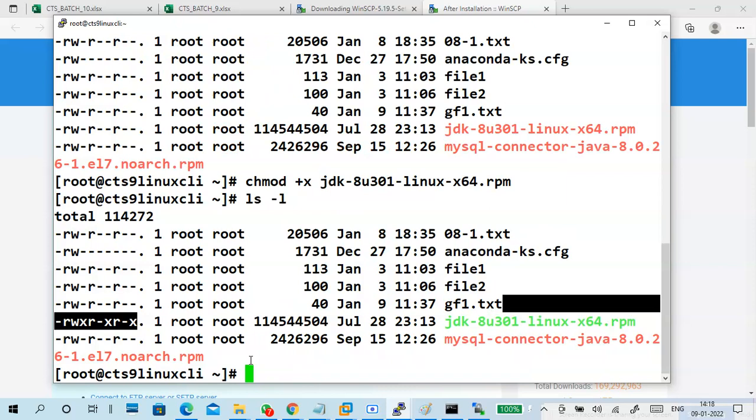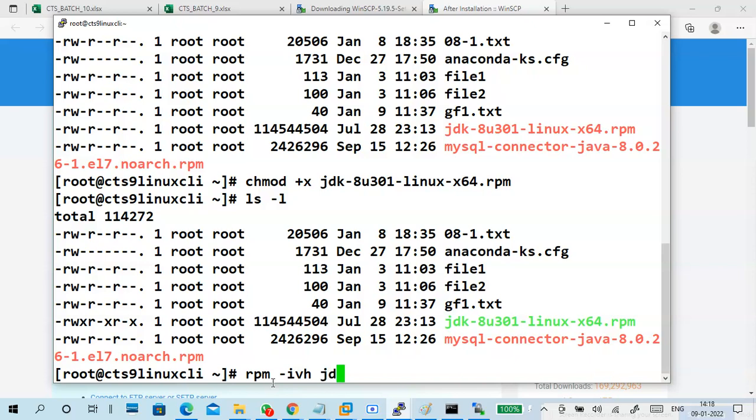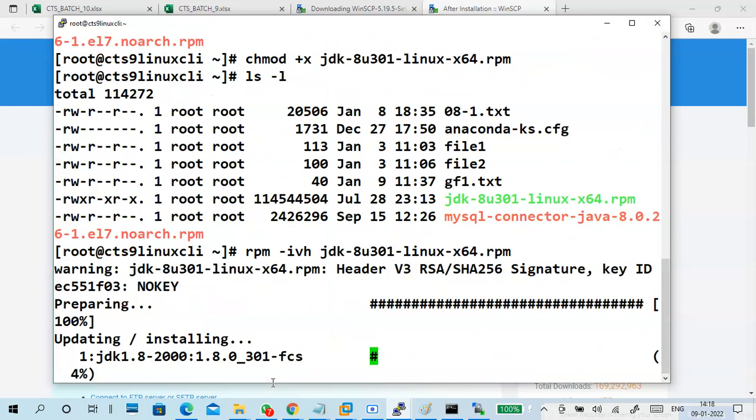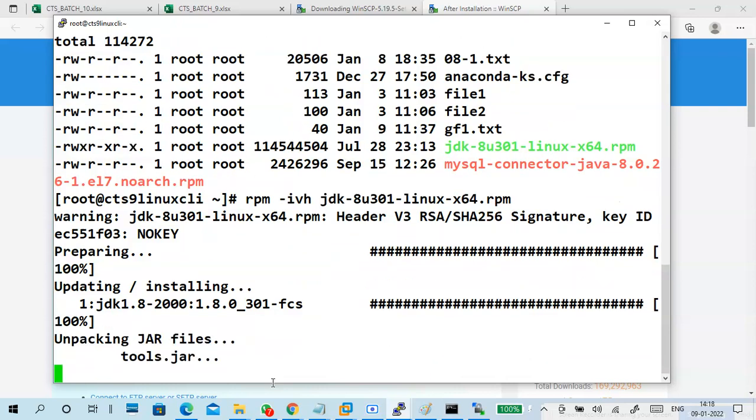X is there. So we can type rpm -ivh jdk, press the tab button, and install it. It is installing. Sometimes it will throw an error, but it will install, because mine is CentOS. 1.8 is okay, we can install it on my PC now. 8 or 11, no problem, any one package you can install.